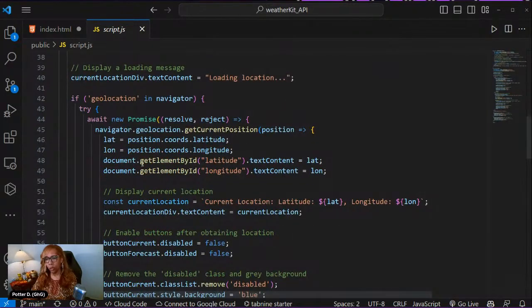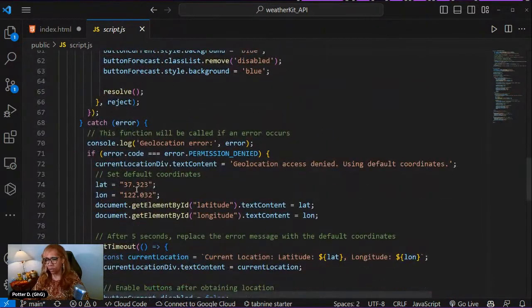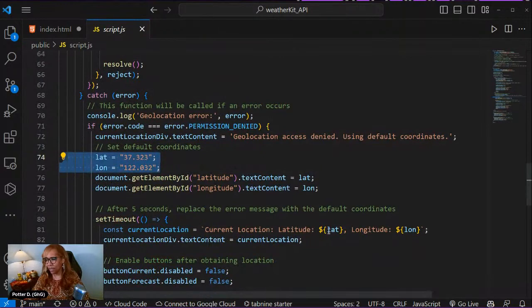So this is the code for the geolocation. Initially, I didn't have a geolocation in there because I felt like people would say, I don't want to give you my ID. I don't want to give you my location. Who's looking at me? So I got that to work. And then I decided, well, if they say they don't want to do that, I want to give them a default value. So I just fill it in right here. I think that's the location of Apple. And I decided to give it a little bit of a pause because it's kind of cool to see things loading, and I want to see something that it's loading.